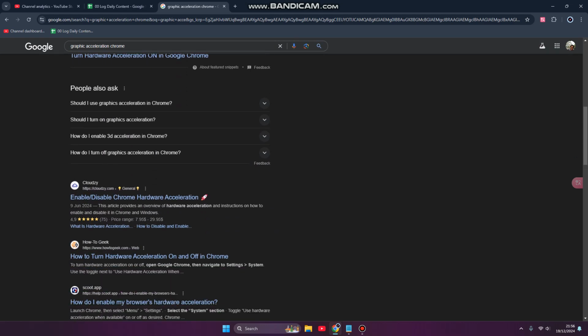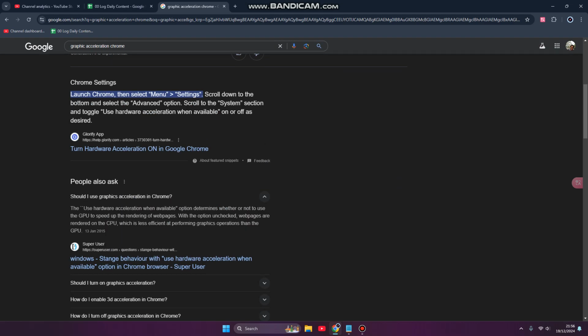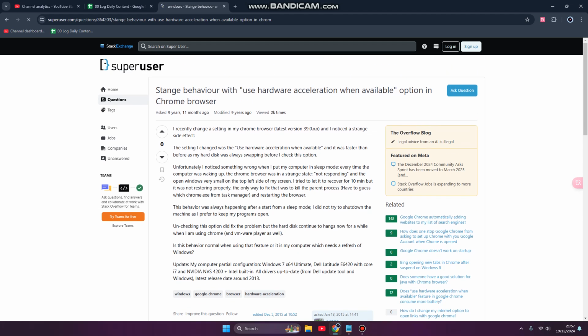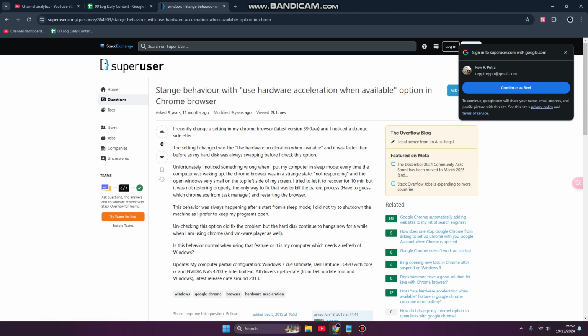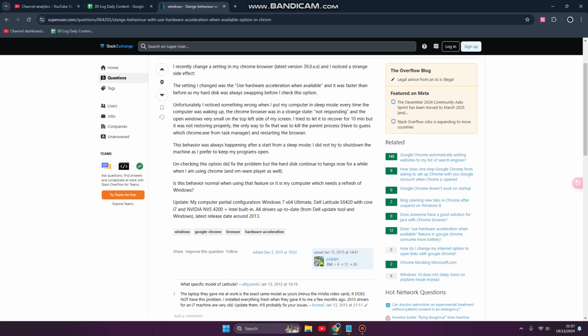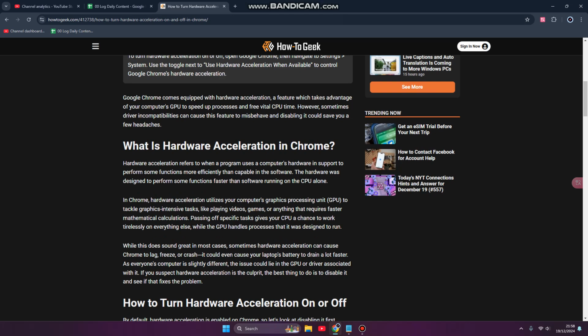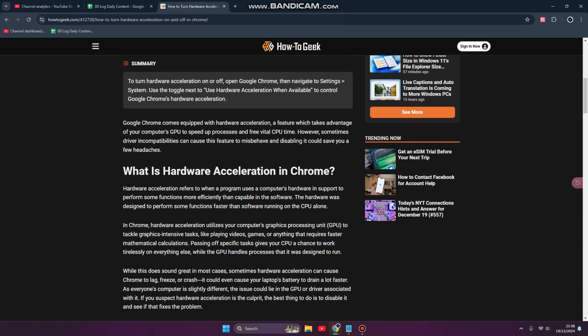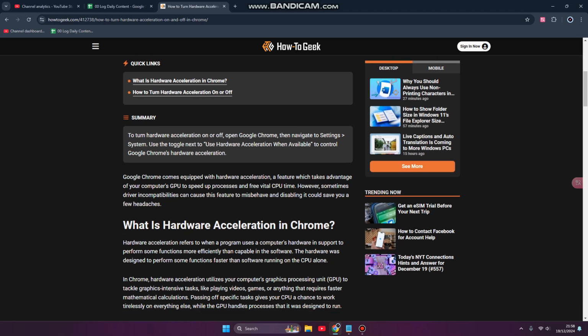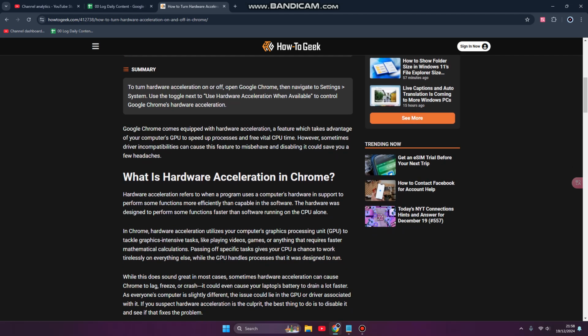So here, the question is, should I use graphic acceleration in Chrome? Yes, because, based on this article, if you use hardware acceleration to tackle graphics-intensive tasks like playing video games or anything that requires faster mathematical calculation, passing off specific tasks gives your CPU a chance to work tirelessly on everything else, while the GPU handles